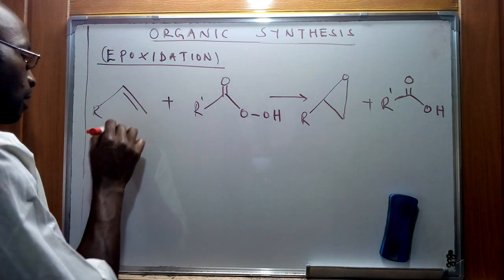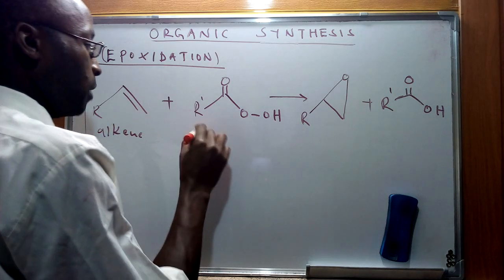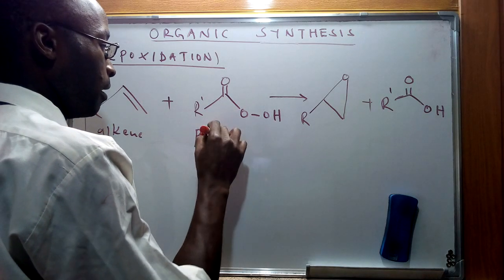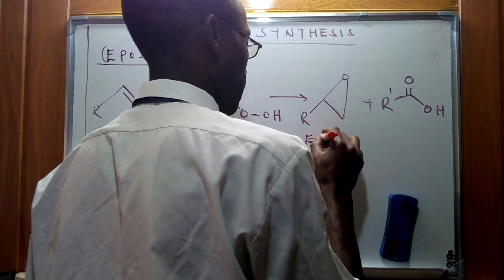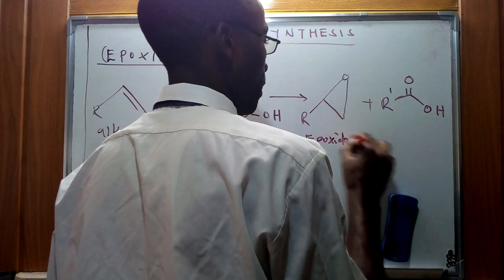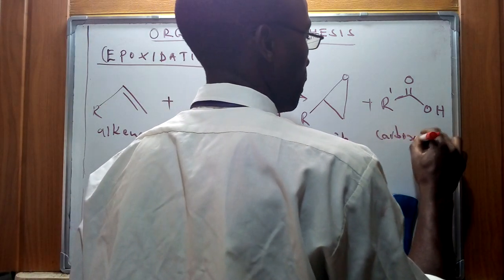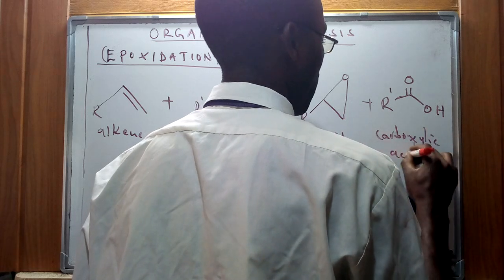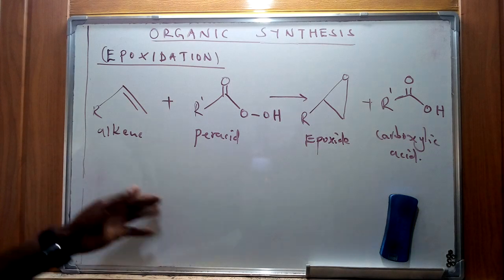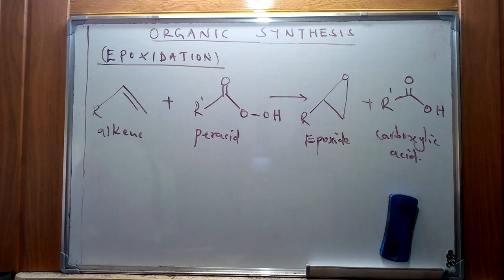an alkene reacting with a peracid, leading to the formation of an epoxide and a carboxylic acid, given as such. So we're going to look at a reaction mechanism that basically is going to result in the formation of this specific